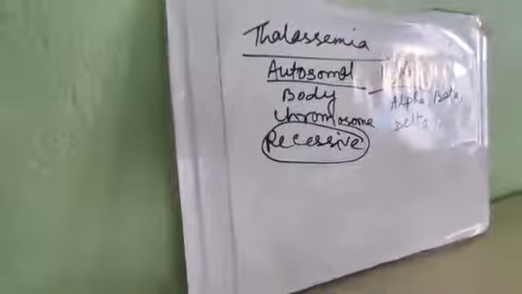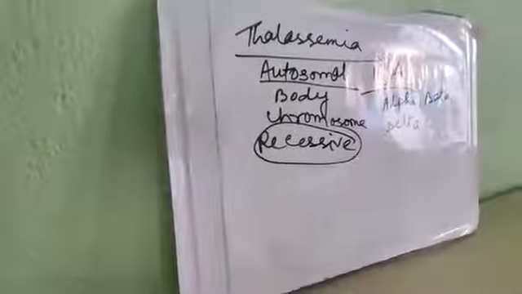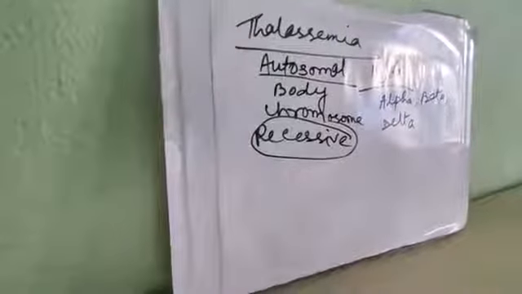What are the general features of thalassemia? There is reduced or total stop of synthesis of the affected globin polypeptide chain, which results in the formation of abnormal hemoglobin. So obviously if there is no hemoglobin, there will be anemia, premature destruction of erythrocytes, development of anemia and bone marrow expansion. There is hepatomegaly and splenomegaly and retarded body growth. Hepatomegaly is the enlargement of the liver and splenomegaly is the enlargement of the spleen, and the body growth also retards. So this was about thalassemia.